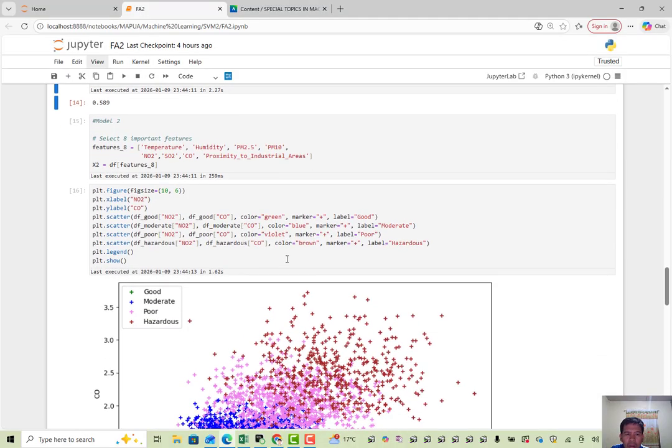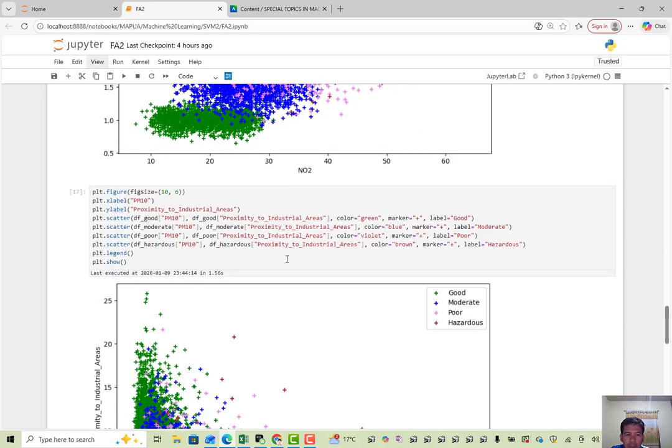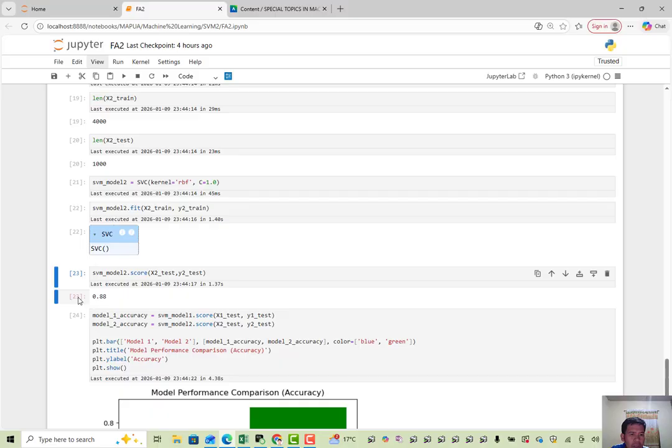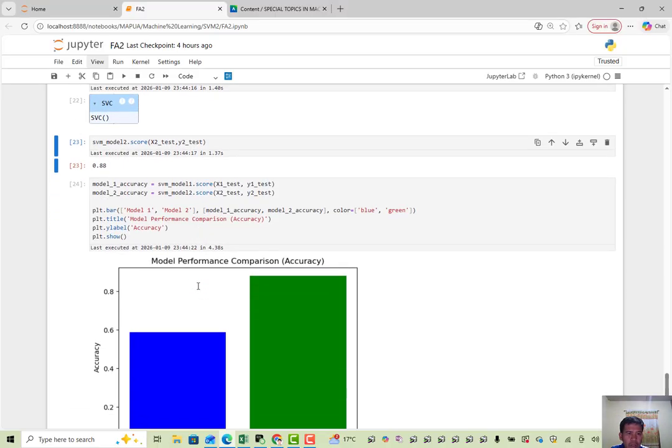And model 2, with the larger set of features, has the potential to provide more robust predictions, assuming the relationship between these additional features and the target variable is meaningful, for the comparison of the two models based on performance.